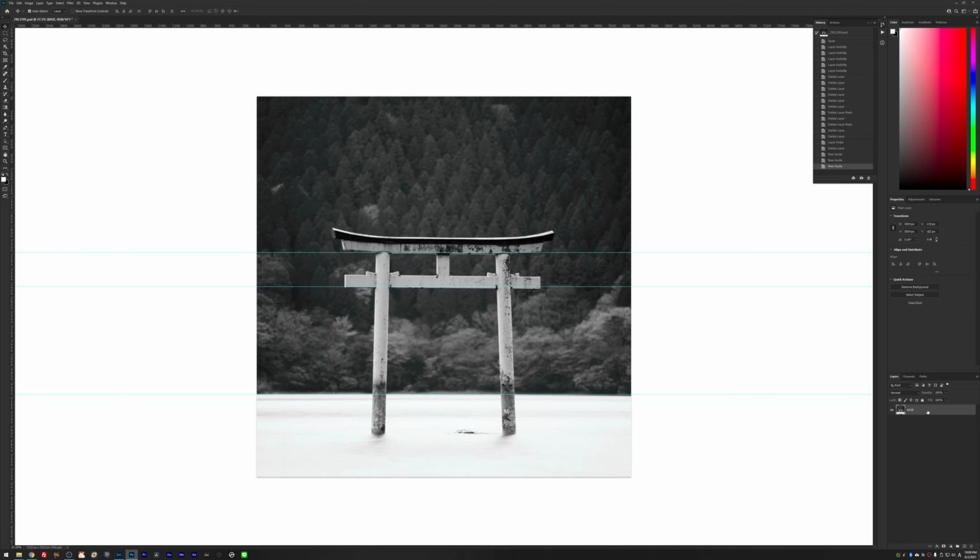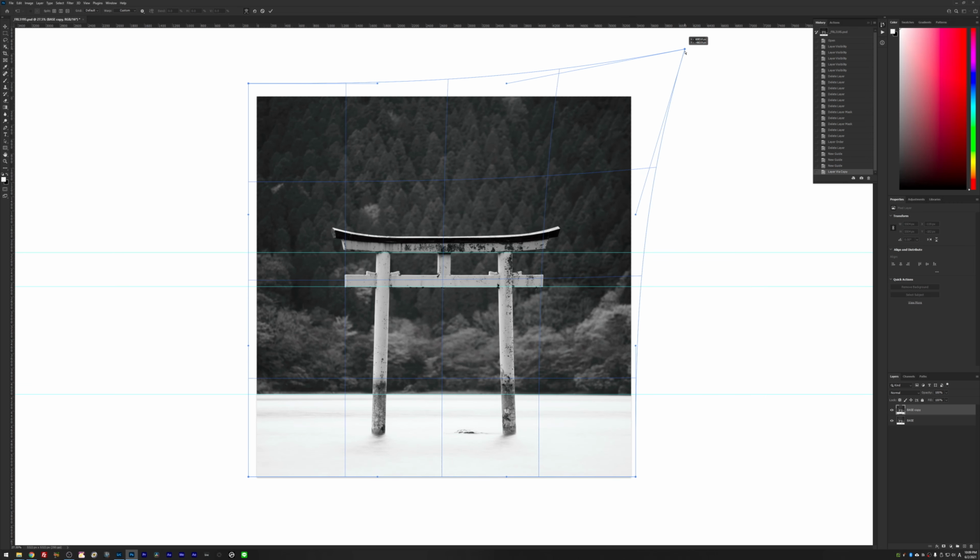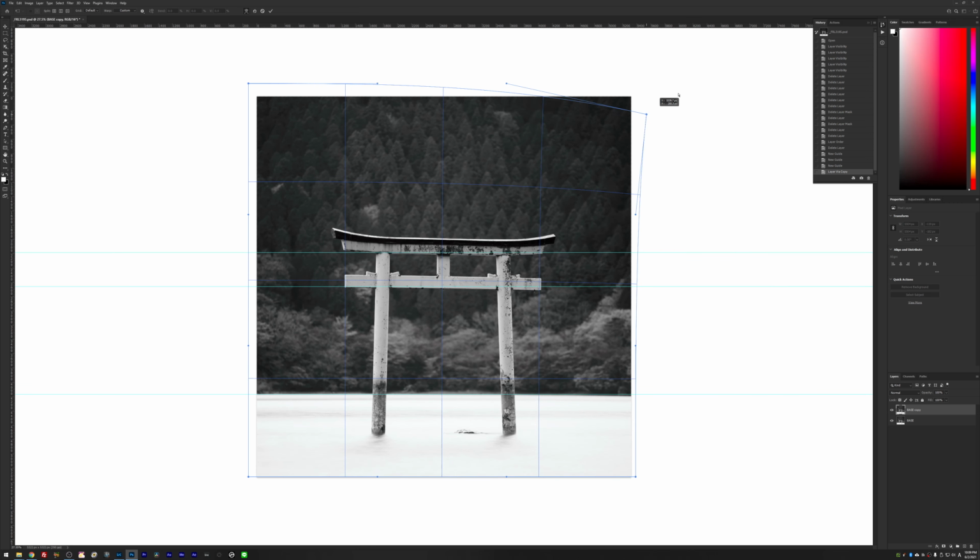just by duplicating this layer. I'm on PC, so I'm going to do Ctrl-J to duplicate the layer, and then I'm going to do Ctrl-T to transform, and then I'm going to right click on this image and I'm going to select warp, and by doing so I can drag any of these points and I can warp the image in any way I want. I can go something really crazy like this, and as you can see, it changes the image dramatically.